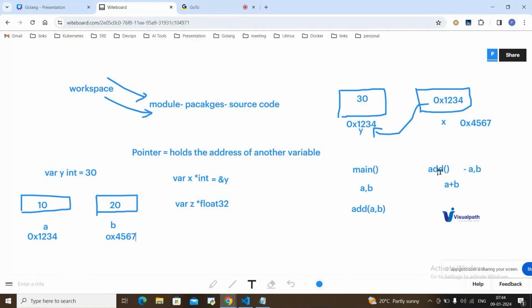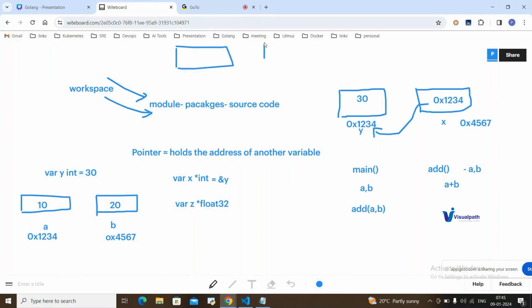created. It is not working on the same address and the same copy, but the values are the same because you are just assigning or creating a copy of it. So whatever values are provided, that gets copied into the newly created A and B. But what is actually happening when you use variables is that it is creating a copy. That means when you pass